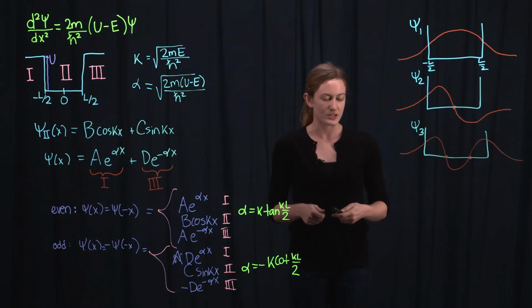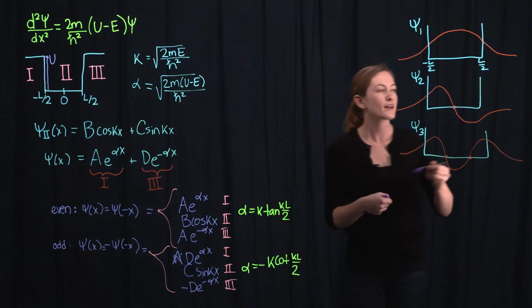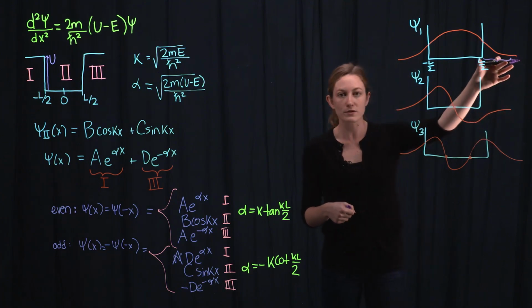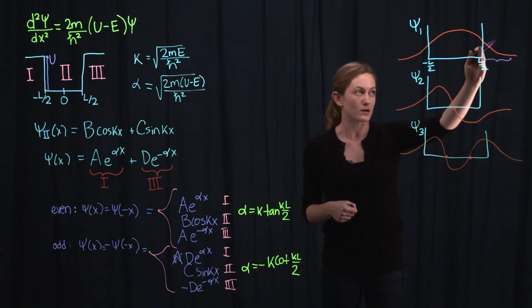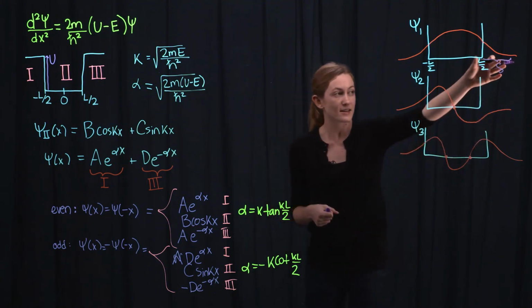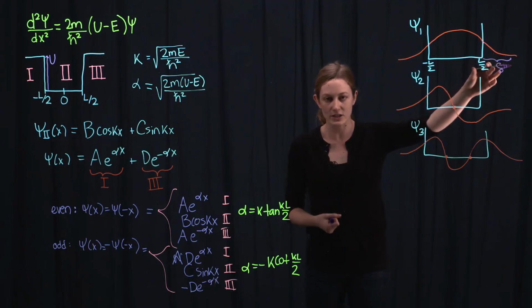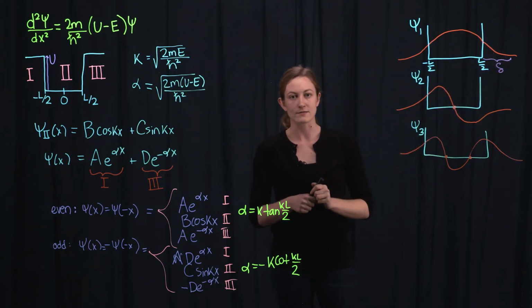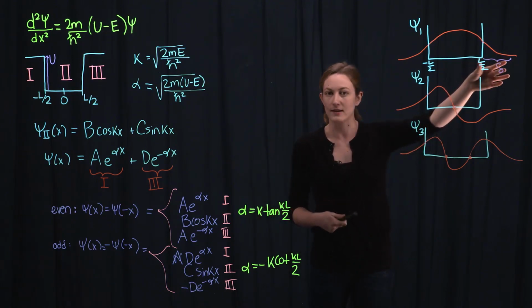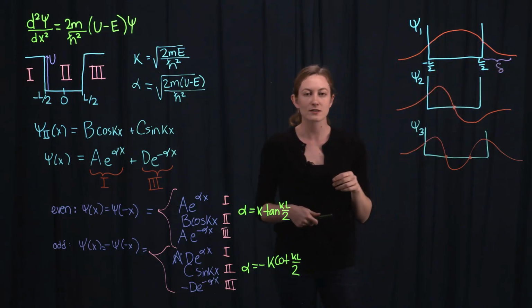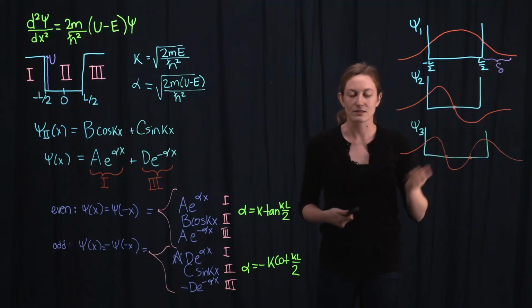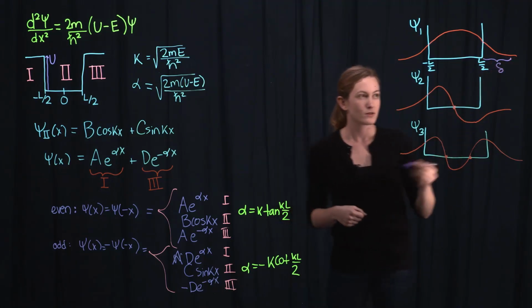The next part of the question asks about the length after which the wave function decays to 1 over e of its value at the wall. So that's its value right here. And we're going to call this length delta, it's called the penetration depth. And the physical meaning of delta is that the probability of finding the particle outside of the well, the classically allowed region, is only appreciable to within about a distance delta of the edges of the well. So we can solve for delta